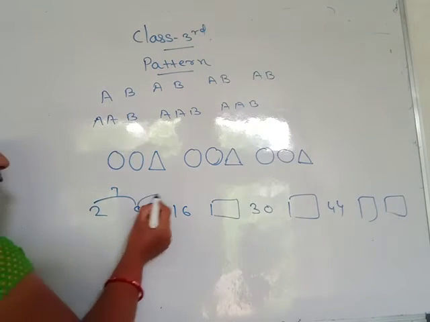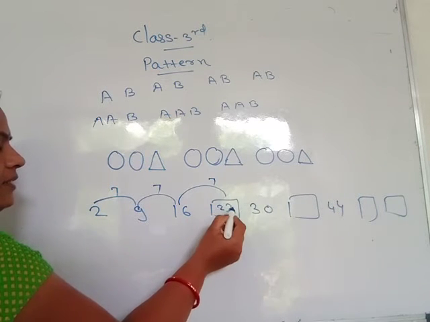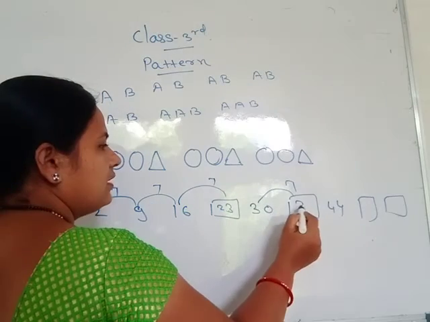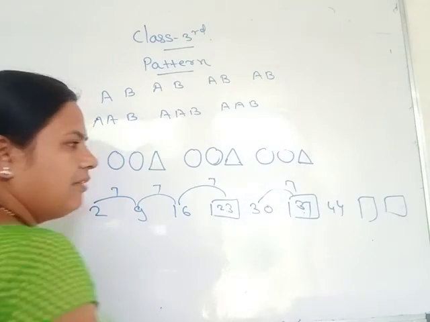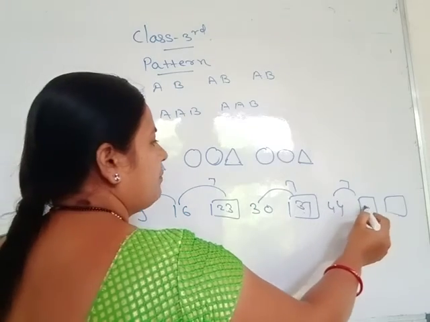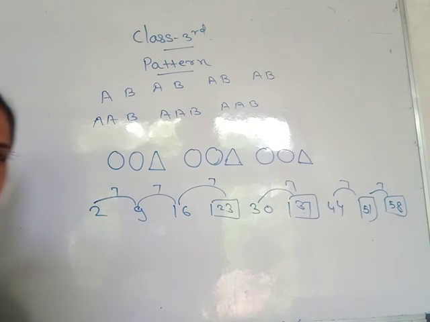Again to 9 you add 7, that is 16, then to 16 you add 7, 23, again you add 7, 30. To 30 you add 7, which means 37, plus 7, 44. To 44 again you add 7, which means 51. To 51 you again add 7, you write the answer 58. This means adding 7 to each number. And you complete this pattern, okay? Then the remaining part tomorrow. Okay, bye.